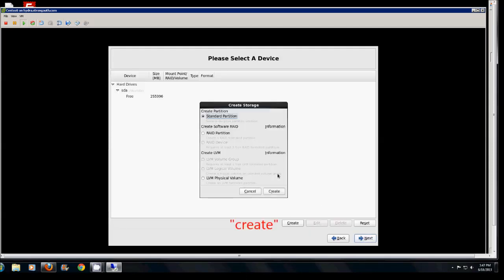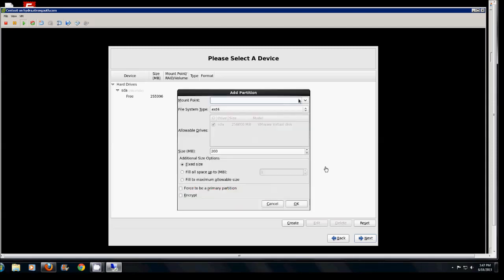You need to create 4 partitions. All of them are going to be standard partitions, so you'll be selecting Create twice, and then your mount point will be /boot and OK. Then Create,